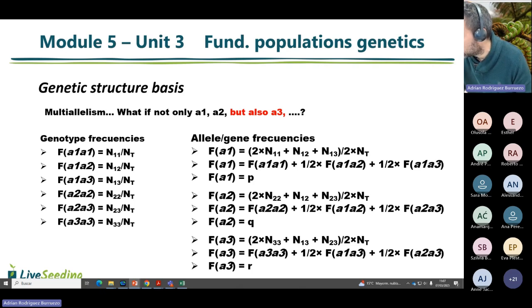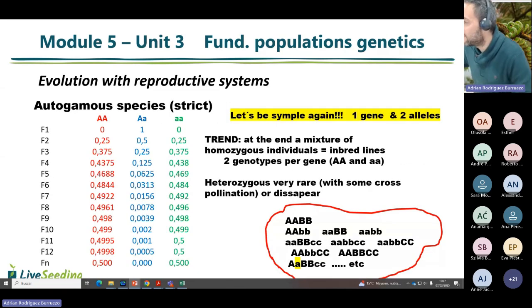In the literature related to population genetics, the frequency of this third allele is usually represented by the lowercase letter r. Okay, but just for your info, again, I will simplify and summarize the situation,